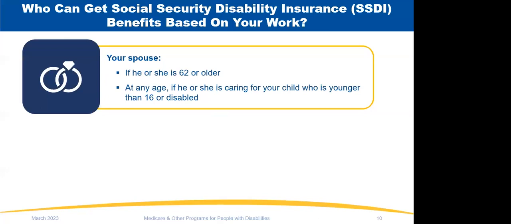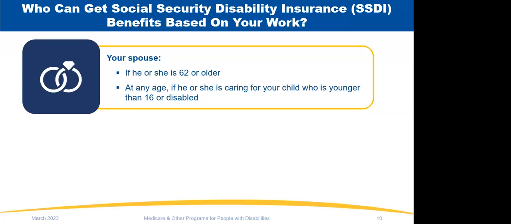Now, I mentioned a little earlier that we can pay certain individuals on the disabled worker's record. One of those is going to be the spouse. Not all spouses are going to be eligible, but some spouses that are over the age of 60 could possibly receive benefits off of the disabled worker's disability record. We would have to look at whether or not that spouse has benefits of their own, if that spouse is working. Those kinds of things are going to be used to determine if benefits are going to be payable.